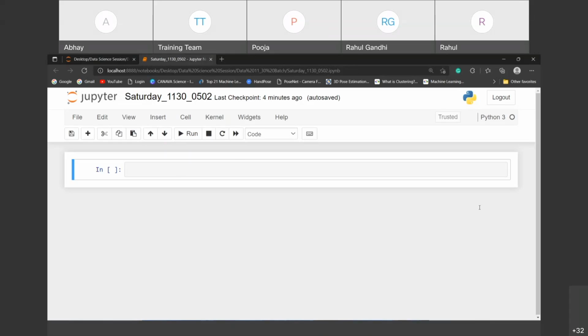I haven't been taught the boolean and while loop. Yeah, we can do it now also, not an issue. I guess we have done boolean and while loop.